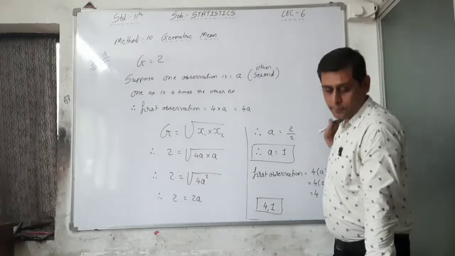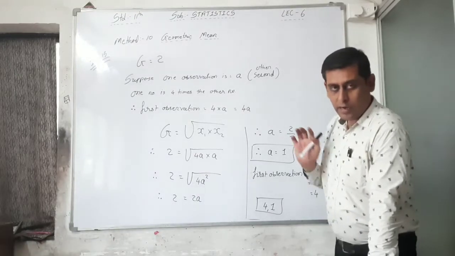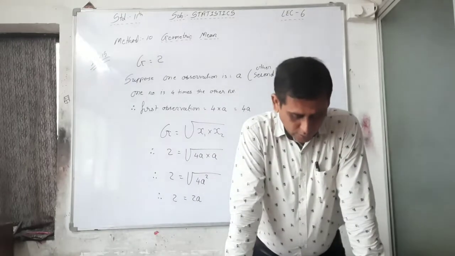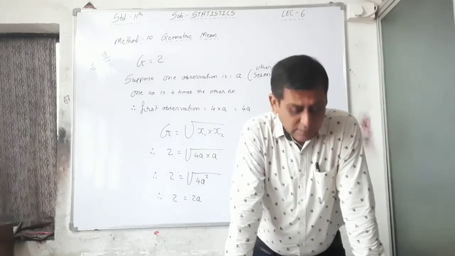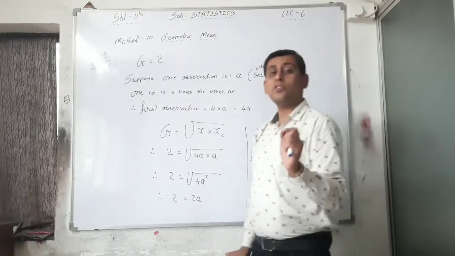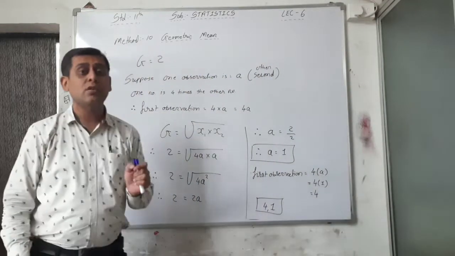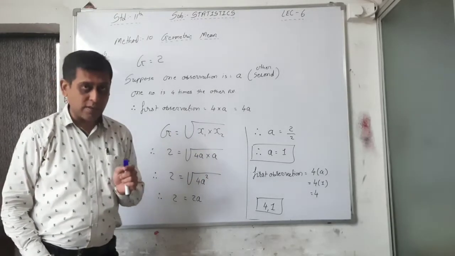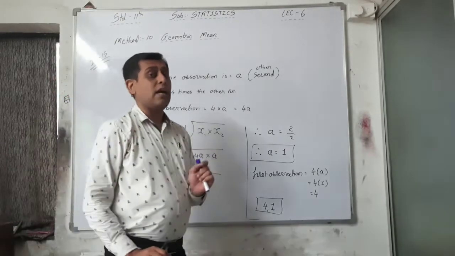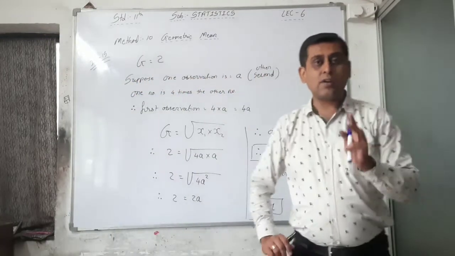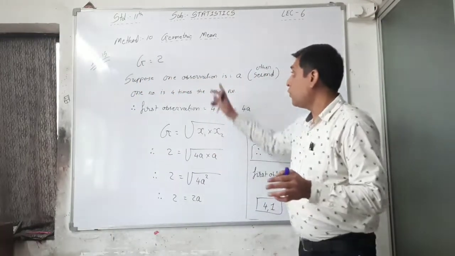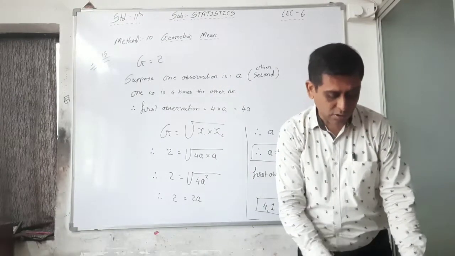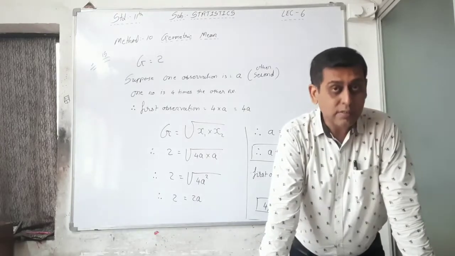First of all, write down this, and now we continue with illustration number 16. Right? Find the arithmetic mean. See here, again the style of the question has changed. You are writing this, okay, and I am explaining this. There are 3 styles of questions given here for method number 10. I am reading the next style, that is illustration number 16.